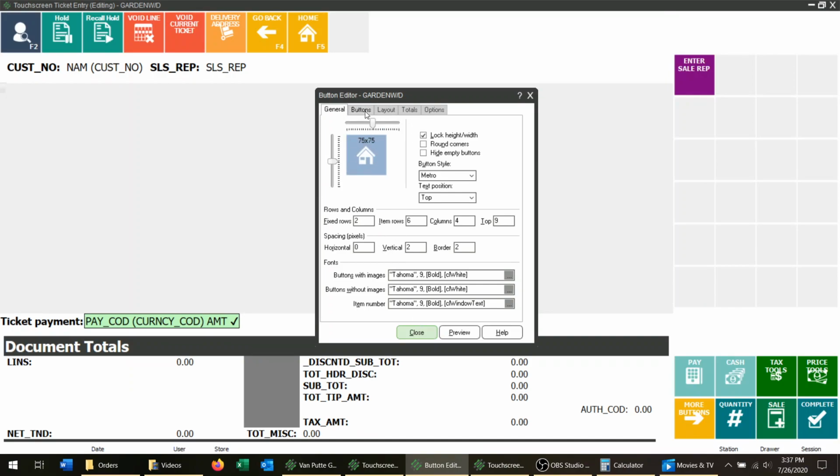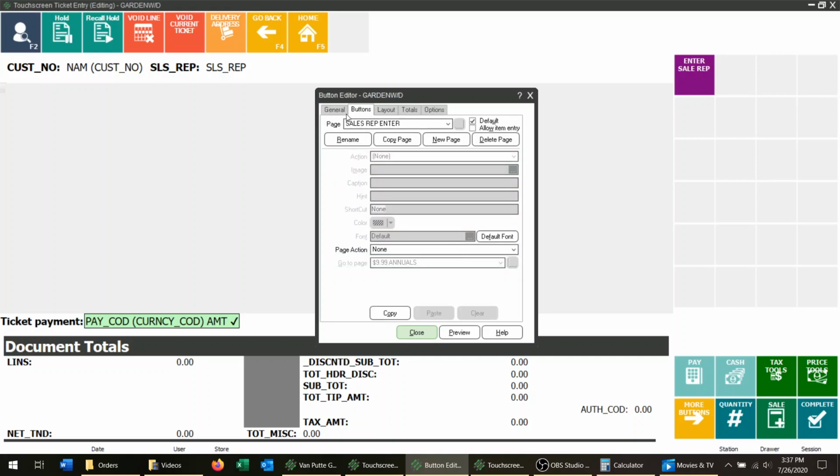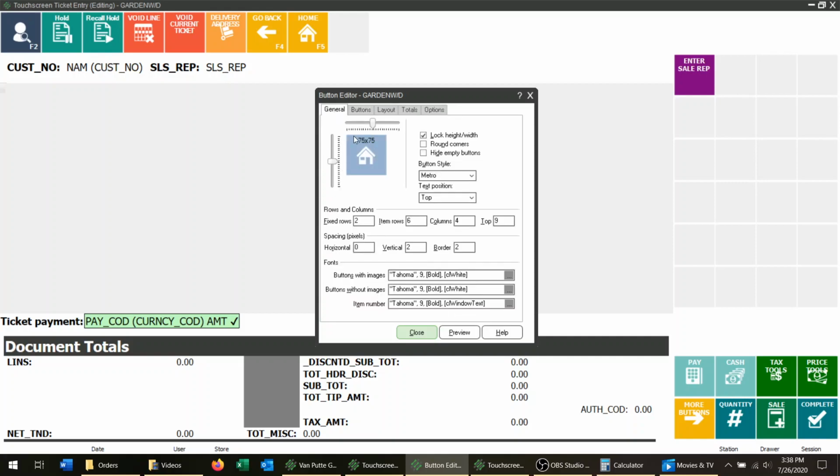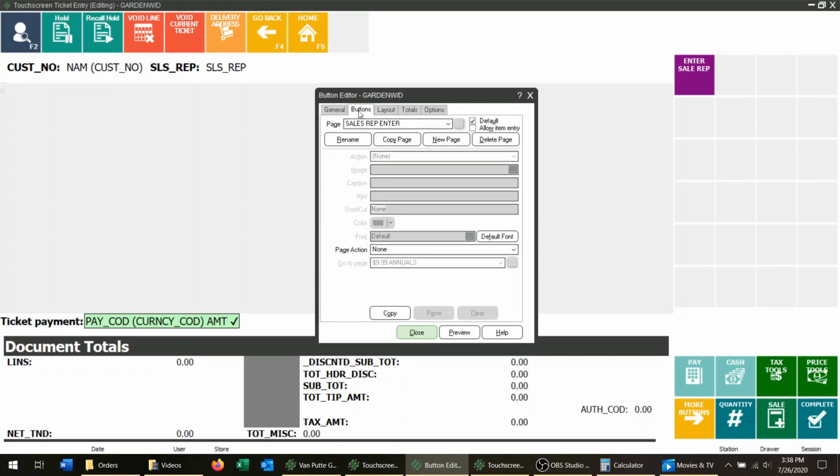So when you're trying to make changes to the buttons, it's going to be in this buttons tab. Layout will give you, more or less, info on this position, totals. Don't touch any of these. More or less, the only thing you're making edits on is the buttons. So when you're in here,